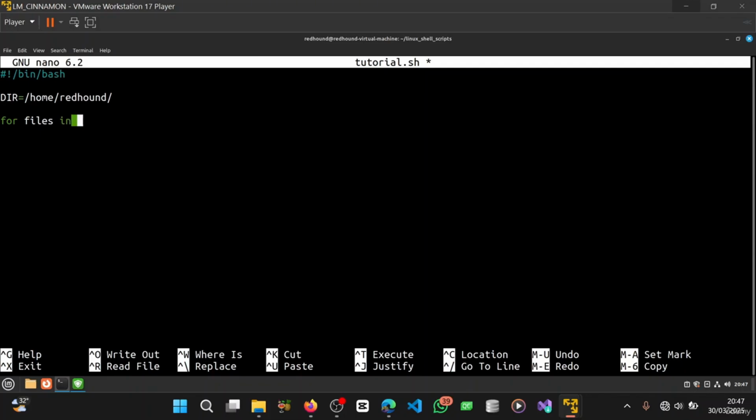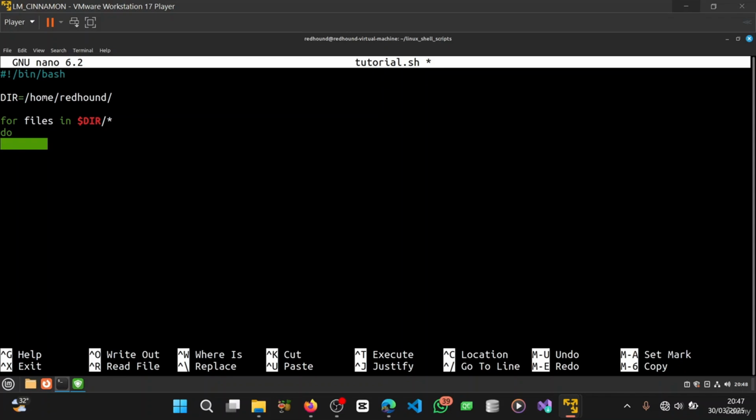Now for file in this directory, asterisk. You notice something strange here, right? This asterisk means I need all the files. The asterisk here represents all files in the home directory, not just a specific file, but all files. So in the Linux world, if you see an asterisk in a shell script or the command or the terminal, just know that it is denoting everything in that directory. Okay, so if that is that, we use